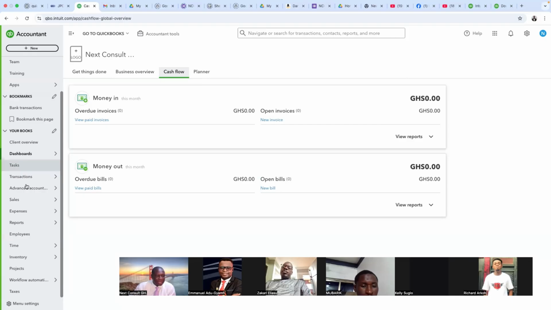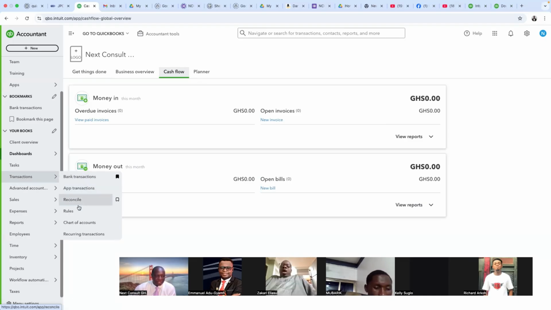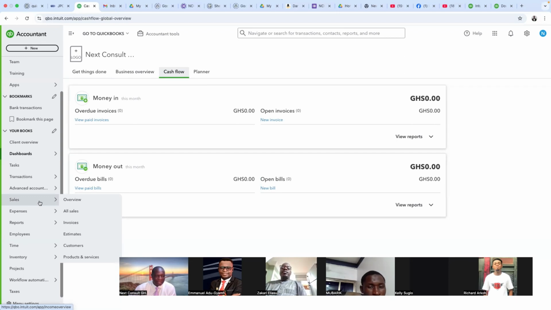Now, so this is basically the transaction center: bank transactions, app transactions. If you are using an app and at the same time on the web, you have the app transactions you did and the web transactions, reconciliation, rules, setting bank rules, chart of accounts, recurring transactions, sales, okay, all about sales, expenses, reports. These are the centers: time, inventory, project, workflow, automation, and all of them are centers. But